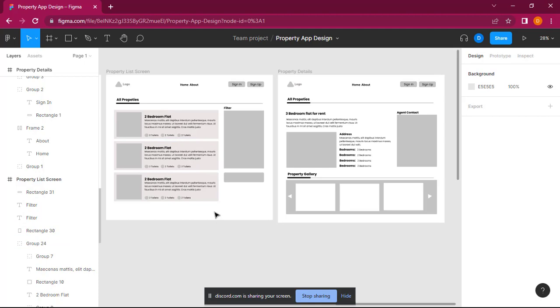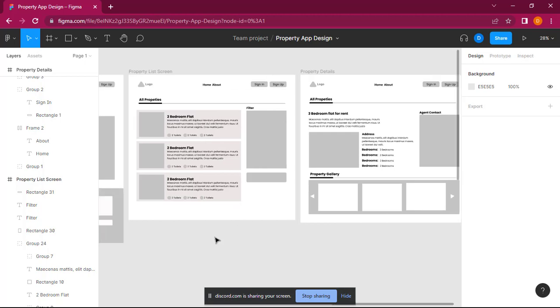So I'd like us to see if we can do a mobile wireframe of this design, then maybe we'll see what we're able to do by Monday when we'll be having our next